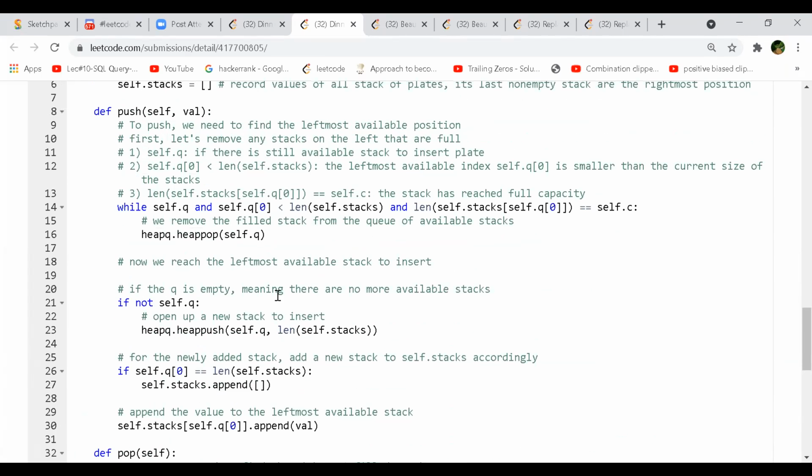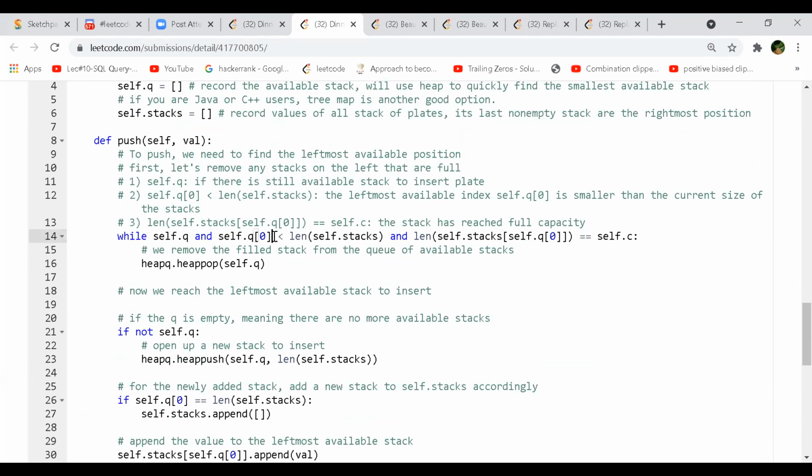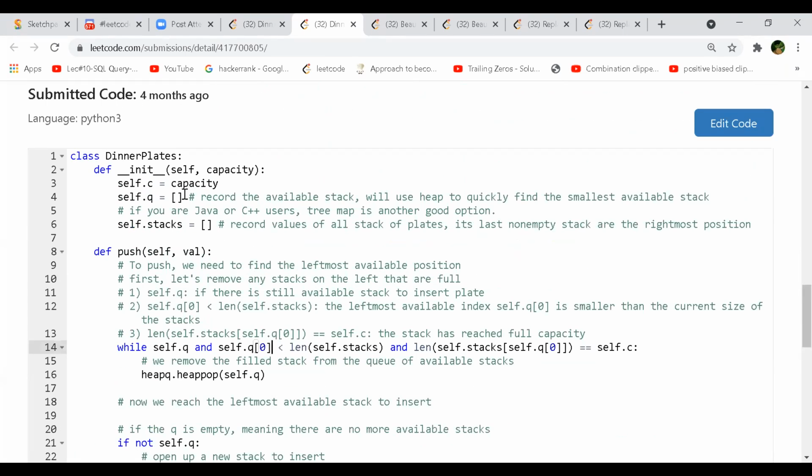Here you are seeing whether self.q[0], which is the top of the priority queue, the zeroth index element in that list, right? The queue is a list; I mean, we are using a list as a priority queue. Oh, so from the left you are seeing the element to be pushed, and from the top you are seeing the element to be popped.